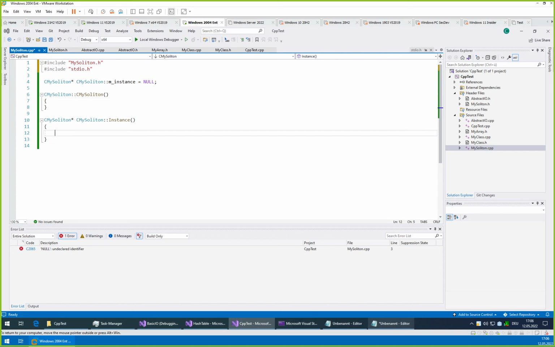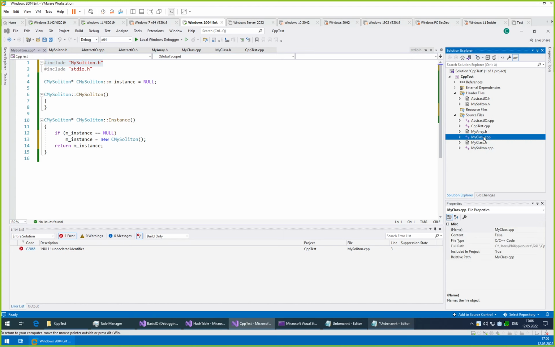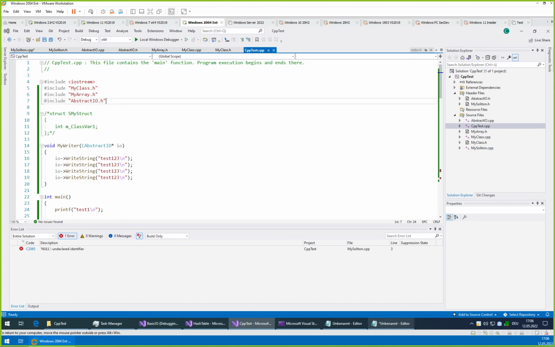Right here. So here what we do, we check if this is null. If this is null, then we create it like new. Then we call our constructor, and then we return our object. So now, from wherever we are, let's go back to our CPP test, let's include that.